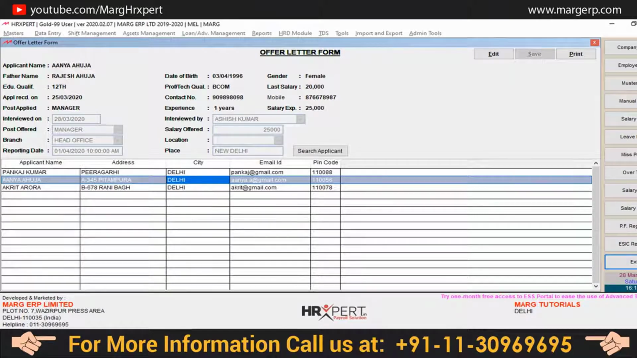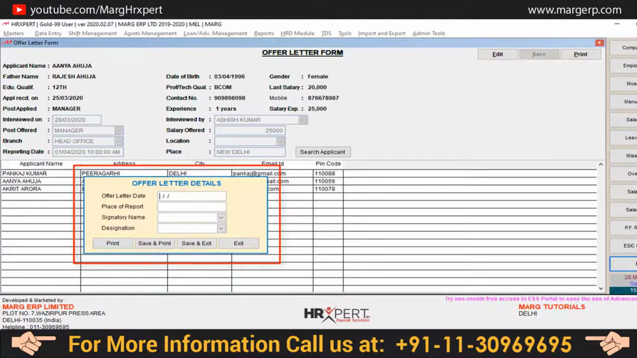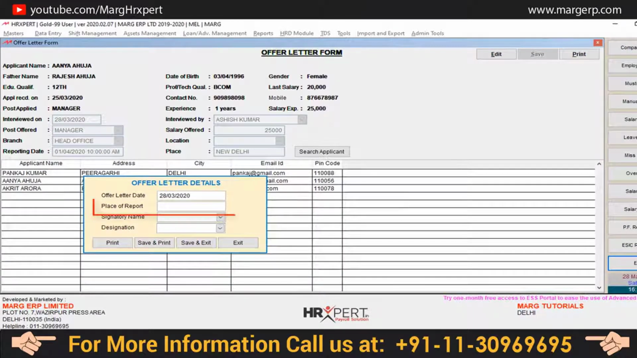Now, if you want to take the printout of the offer letter, then you will click on the Print tab shown here. So this small window of offer letter details will be shown like this. Now you will fill the fields one by one, like you will mention in the offer letter date field the date on which you have sent the offer letter to the employee. Similarly, in the place of report field, mention the place for which the employee has been appointed, like head office or branch,